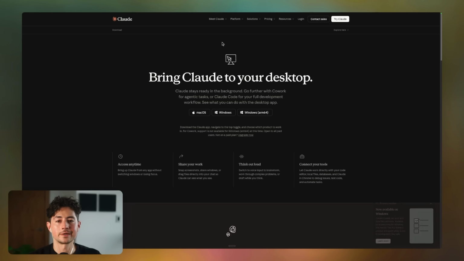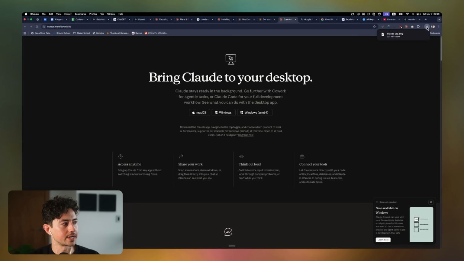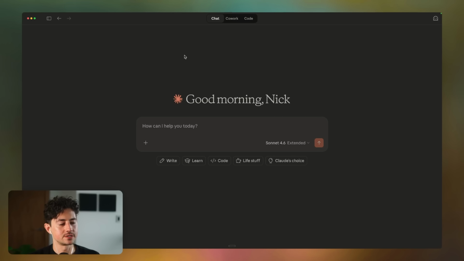Assuming you're done, just type Claude Code desktop download or something like that, and you'll be taken to a page that looks like this, which will allow you to download it for Mac OS, Windows, or even Windows ARM64. So I'm going to give my Mac OS thing a quick click, then I'll go to the top right-hand corner. I'll just open Claude up just like I did with Codex. That'll take me to a page like this, and then I just drag this over to the right. And then once you're done, you'll be taken to a chat page that looks something like this.